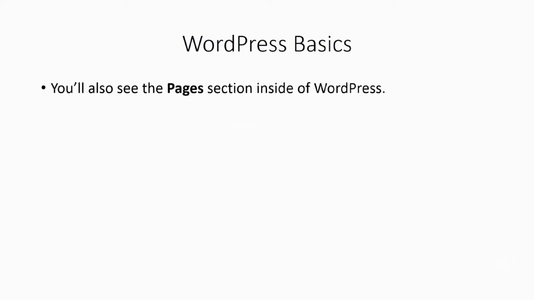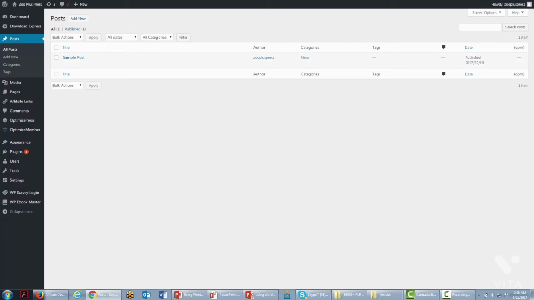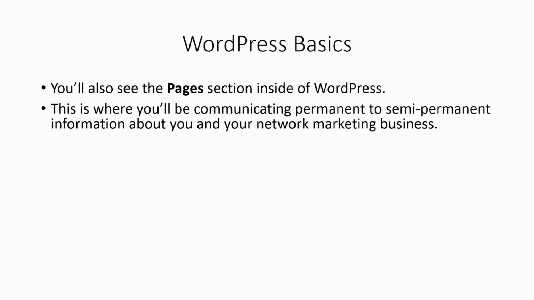You'll also see the Pages section inside of WordPress. And you'll see that area on the left side menu. If you hover over the link, you'll see where you can look at all the pages, and you can actually add or create a new page. Now, pages are the places on your site where you'll be communicating permanent to semi-permanent information about you and your